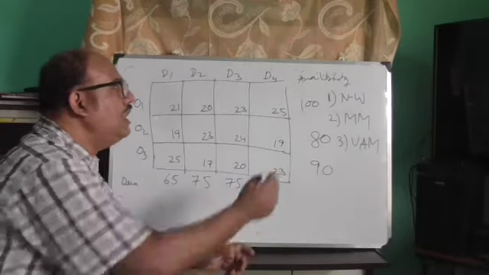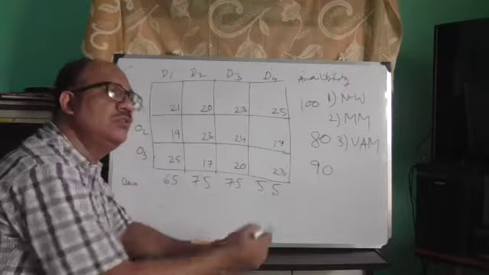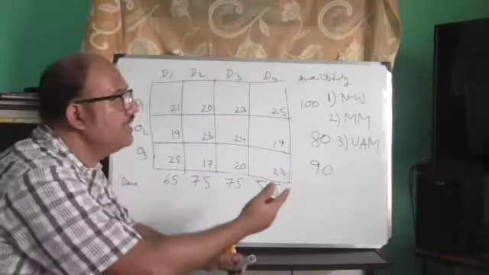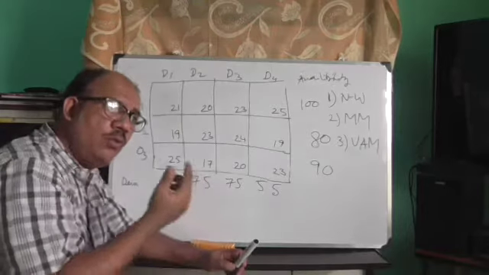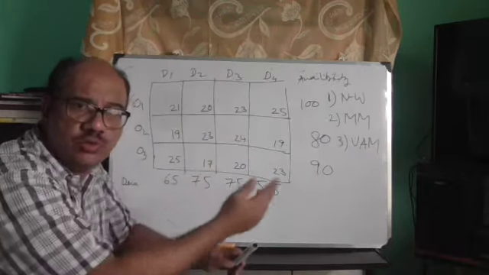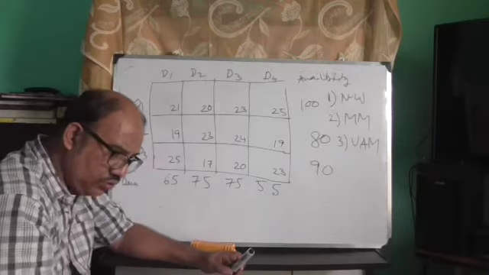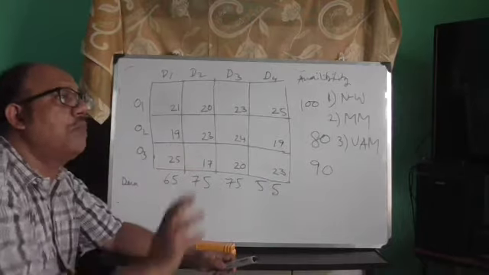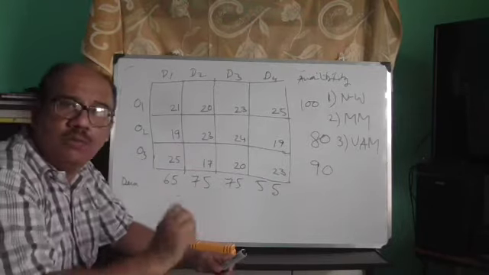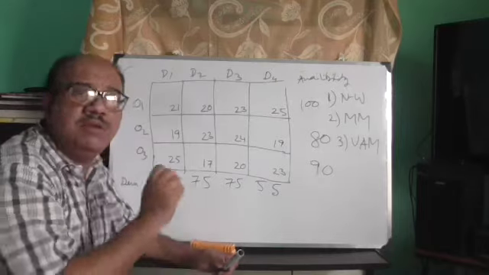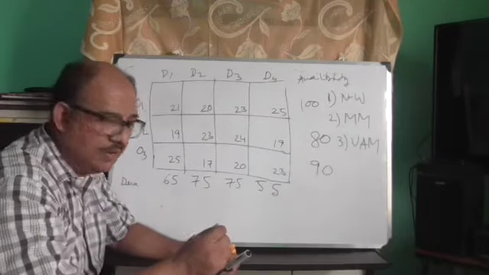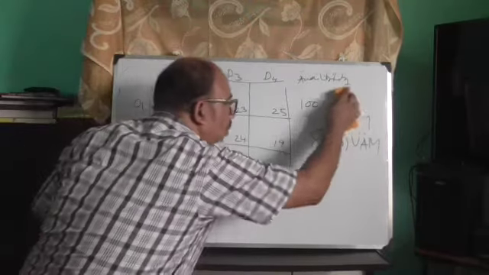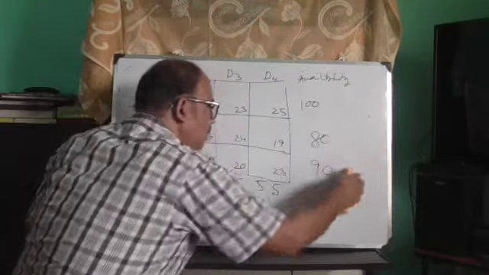All these three methods tell you from which origin you have to transport to which destination. Those two questions will be answered by these three methods, and for the number of units we will always take the minimum of availability and demand. So let's explain the northwest corner method first.